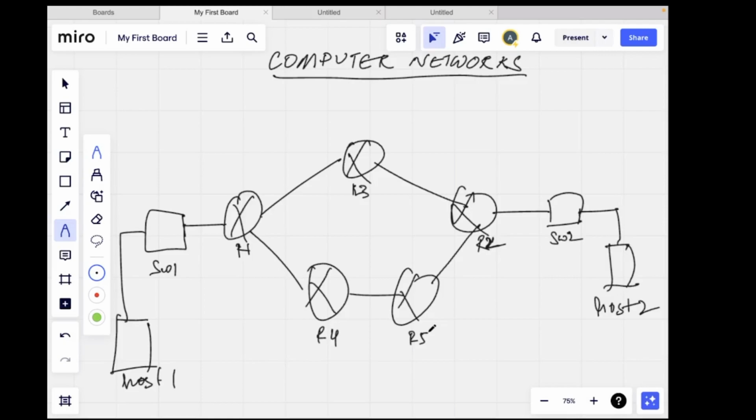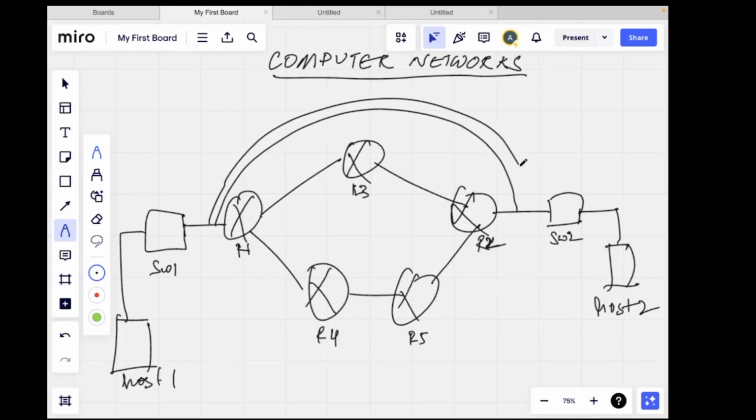Now what is an overlay? Overlay is nothing but, imagine it as a tunnel. VxLAN is also called a tunneling protocol that allows you to connect two layer 2 segments together over a layer 3 network. Now think of this as there is a tunnel from here to here. This is my VxLAN